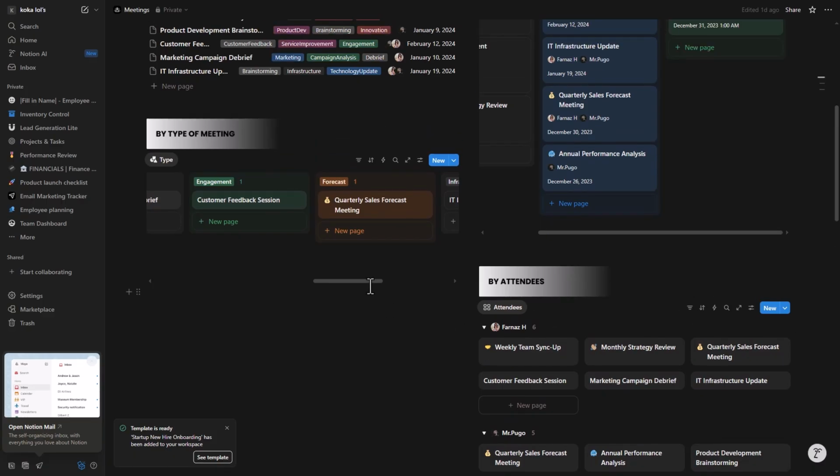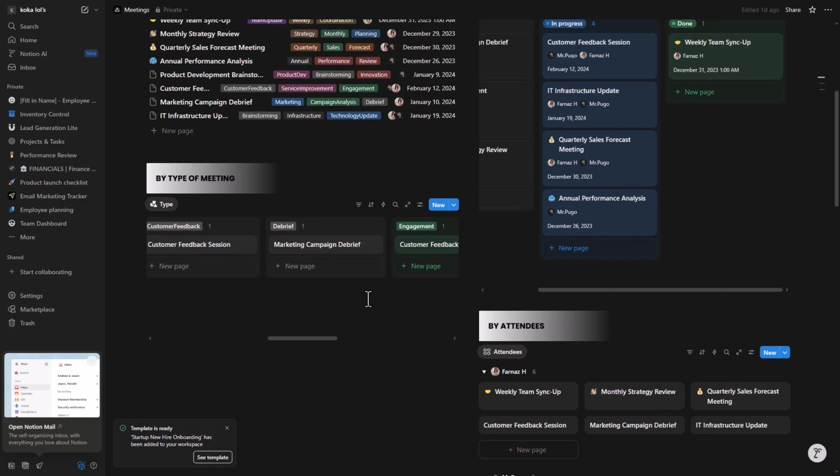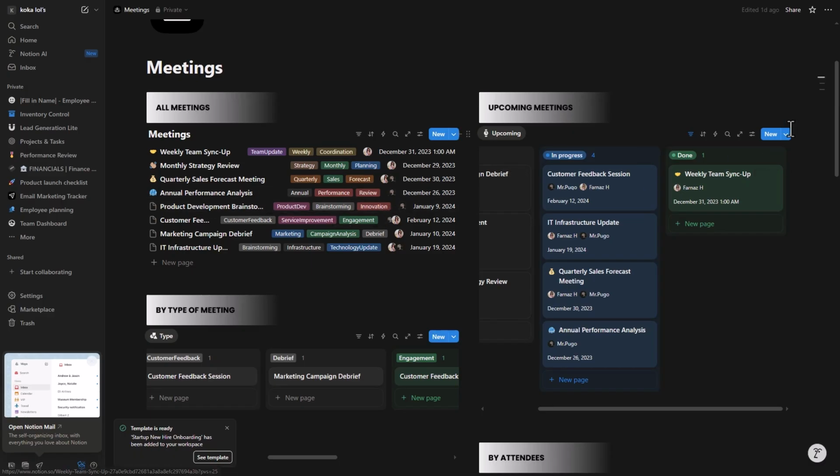And that's it. That's how you can streamline your entire planning process and avoid last-minute chaos with event planning templates in